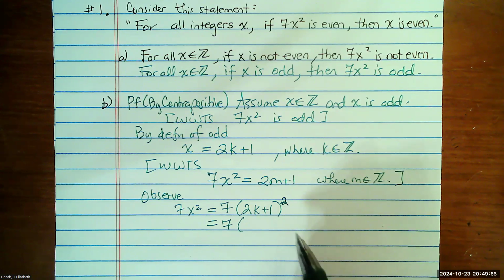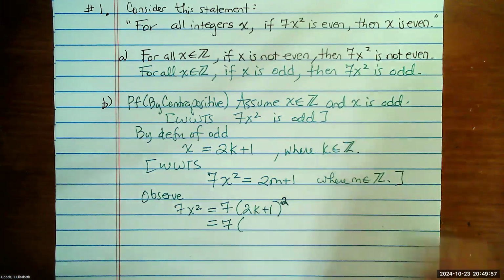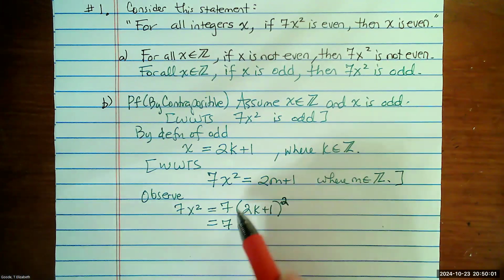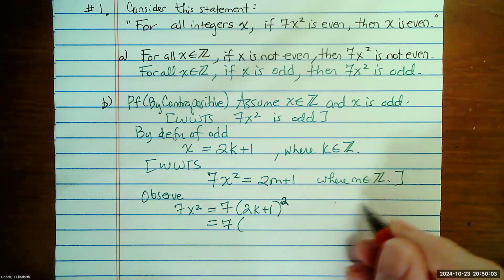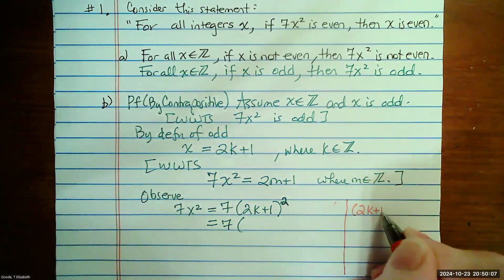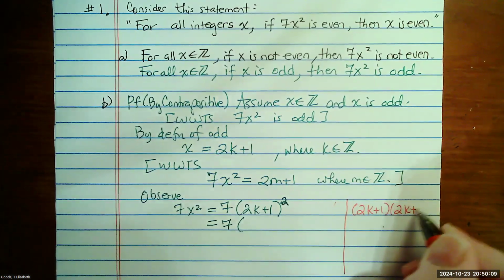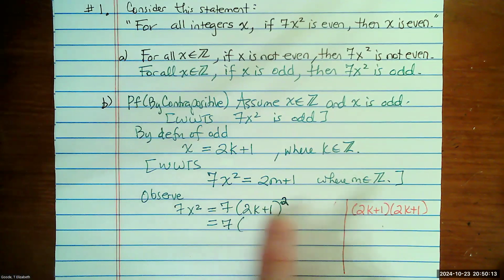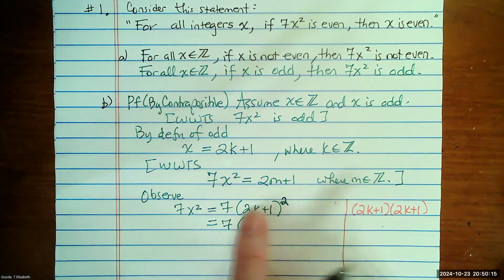Shall we work on multiplying 2k plus 1 times 2k plus 1 over here? I thought we were talking about the properties of exponents. No, that doesn't apply,